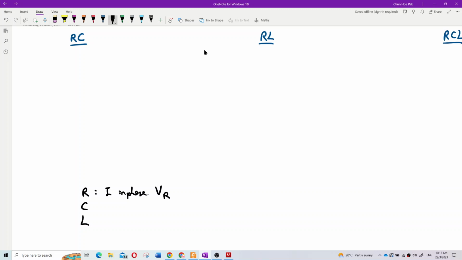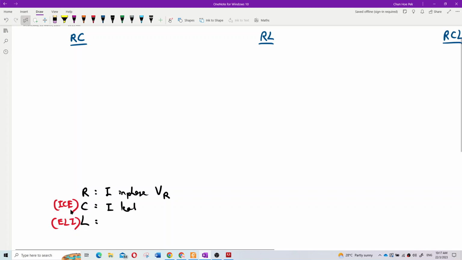But for the capacitor, because it is ICE, whereas the inductor is ELI. So for the capacitor the current leads VC by 90 degrees, and then for the inductor